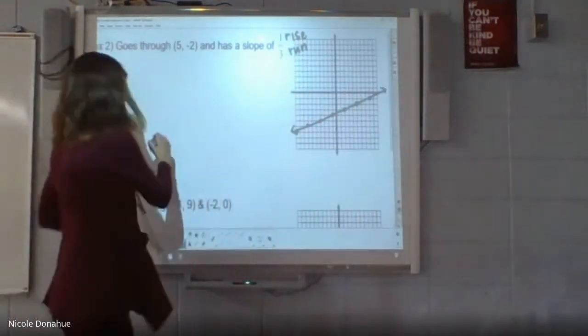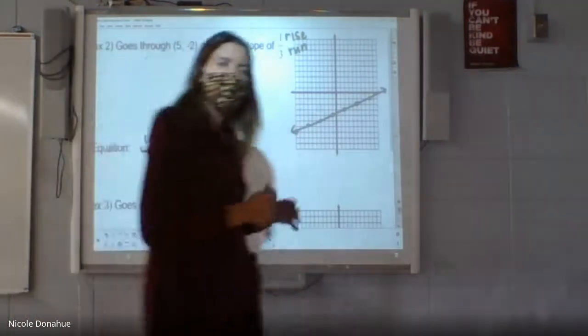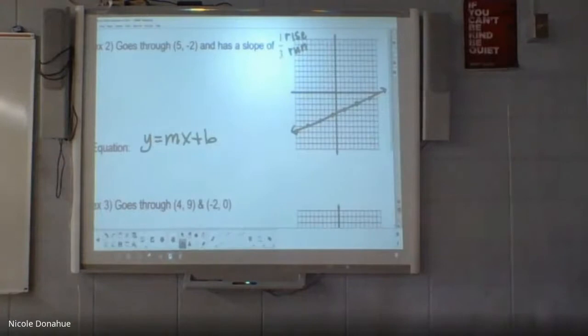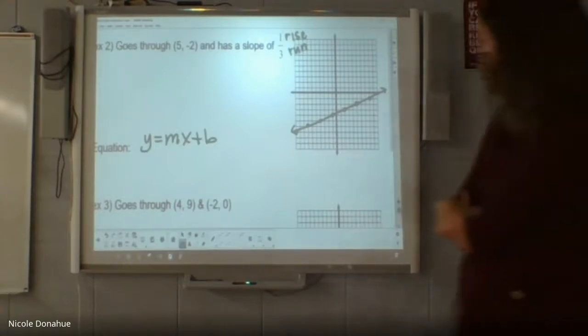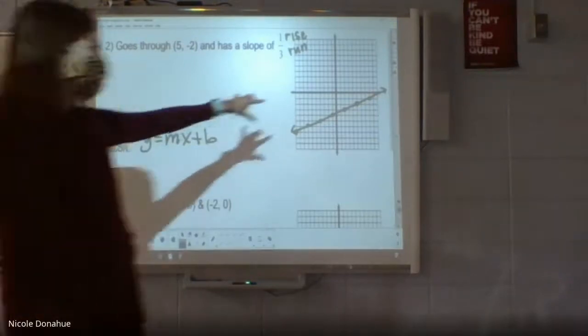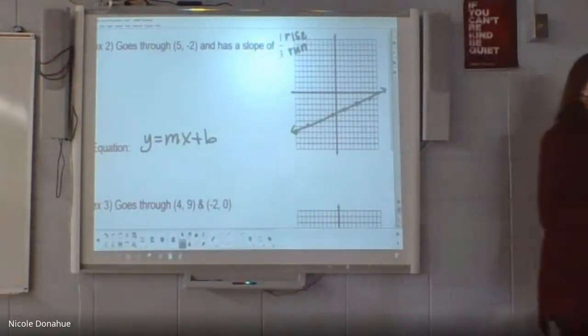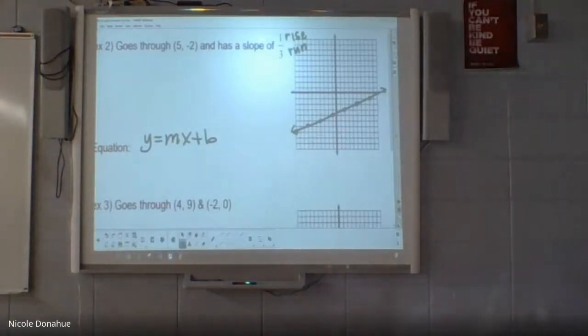So to write this equation, I'm going to tell you guys right now, not the most ideal situation. What's the issue? Why is this not great? Why is this equation going to be kind of a pain to write? Does anyone see it? Yeah, it's not a nice whole number intersection on that y-axis. Remember, the b is the y-intercept, so where it crosses the y-axis. And if you graph this correctly, it shouldn't cross the y-axis at a whole value. So that makes this a little bit annoying.